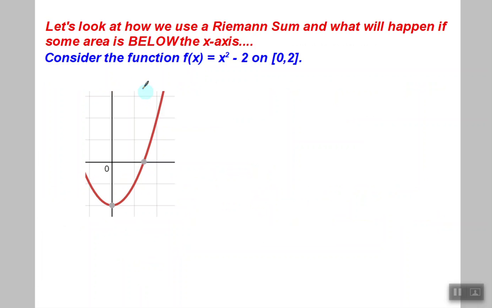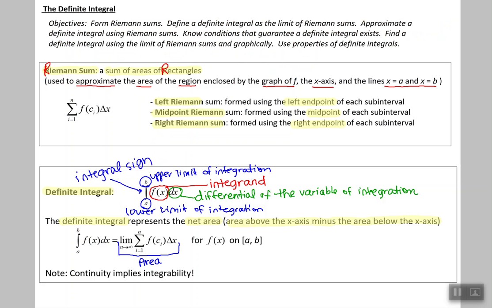We're going to look at this function, f of x equals x squared minus 2, specifically over the interval 0 to 2. So just from 0 to 2, looking at the area between the function and the x-axis. In our first section, we have area that is completely below the x-axis, and in the second section up to 2, the area is completely above the x-axis. Now, if we look at the format of how we find that definite integral, which before we were calling the exact area between the function and the x-axis,